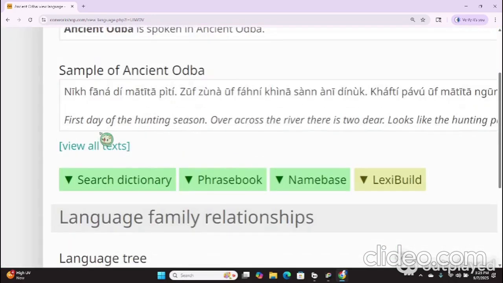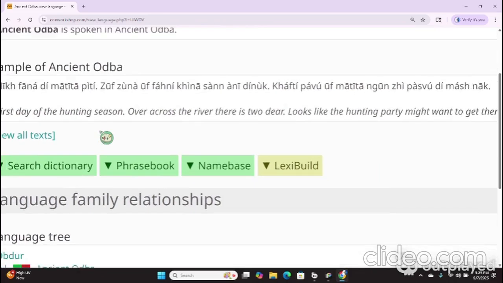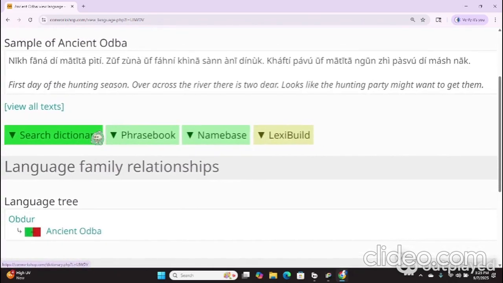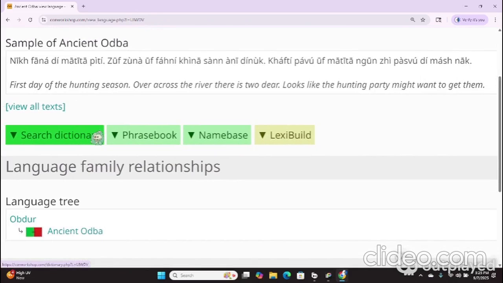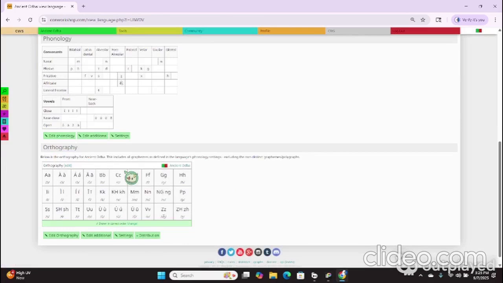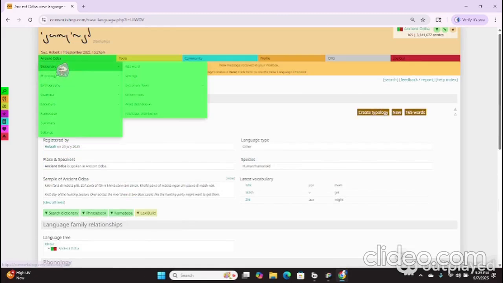Ancient Ubda. If anyone wants to try and pronounce this, be my guest. Here it is. So a sample of the language. Their script is a logography. Fortunately, I don't have a camera yet, so I can't show you. But we'll get to that problem. We'll cross that bridge when we get there.